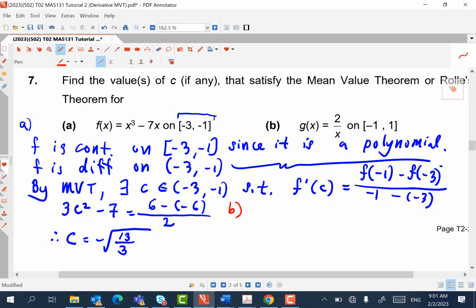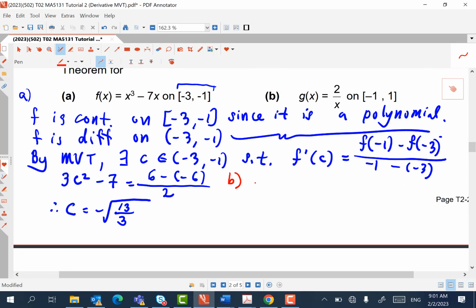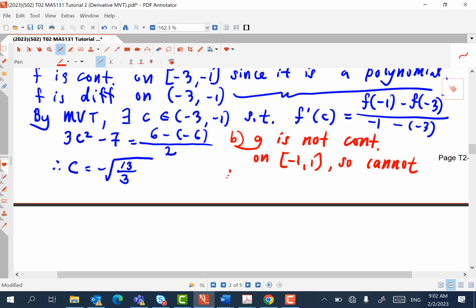Okay, Martin is going to address the class on 7B. Martin, please. Right, he's right. He said G is not continuous on, so cannot invoke RT or